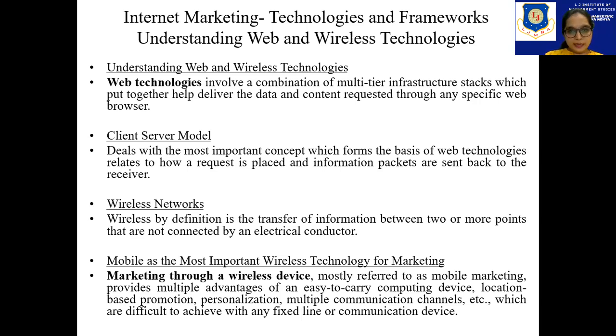Then there are wireless networks, right? Wireless networks means without a connection. So you have broadband at home, but without the wire, you connect your modem with Wi-Fi, and you use that particular ICT, that is information and communications technology, between two or more computers, which are connected electrically with the help of electrical conductors. It becomes a wireless technology.